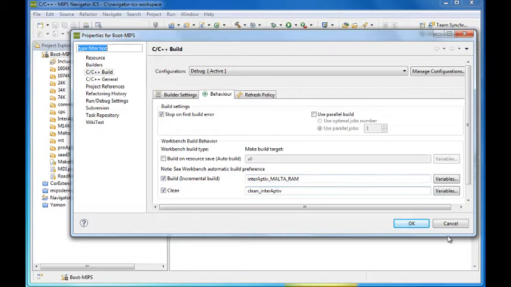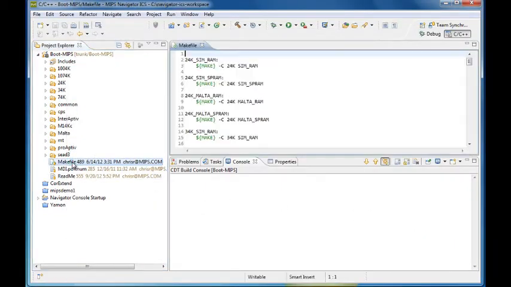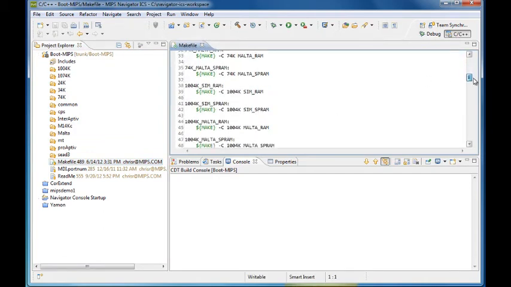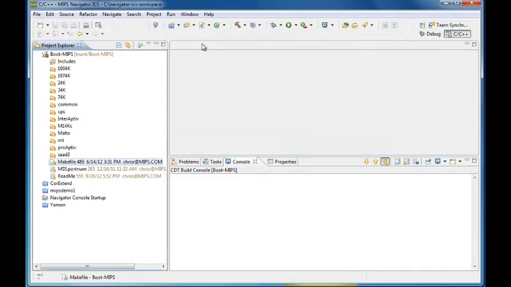These are actually the build targets. I'll show you where we got those from. We got those from the make file here. If you look at the make file, you can see we get down to the interactive. You can see interactive Malta RAM, which is what we're building for. Okay, we'll close that